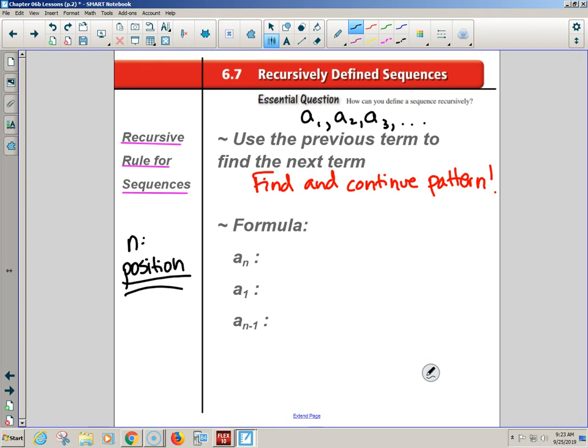Because sometimes it's much easier if you look at a formula and you can make a sentence that kind of means the same thing. Like, area of a square is side times side or side squared. Like, oh, there's a square and it has sides. And then you can make a sentence from a formula that makes more sense. So check it out. A sub n is equal to, if I can get it, hold on. A sub 1